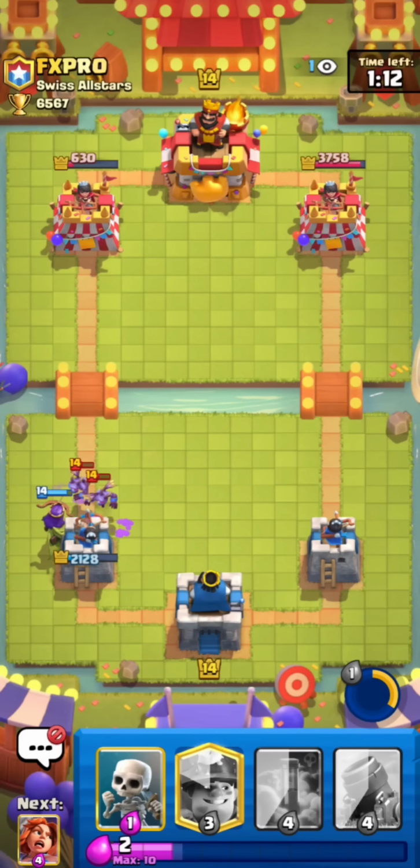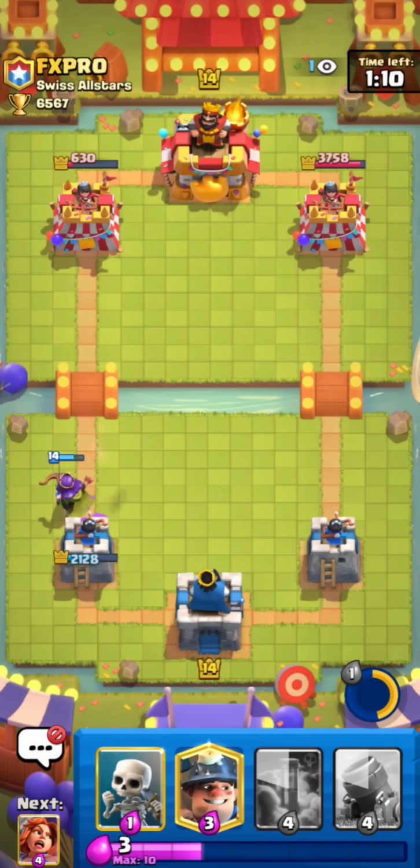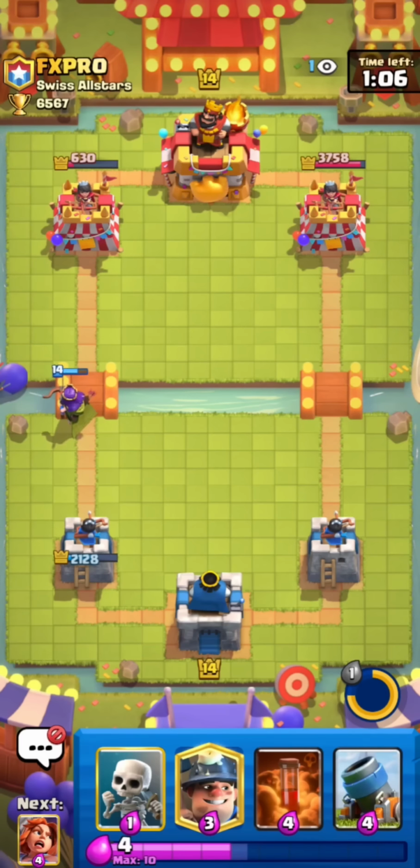Okay, that was a really bad Fire Spirit. I think this is the reason why I don't use Mortar, Miner, Poison. Again, I feel like Igor's the only one who can really use this deck on top ladder, but